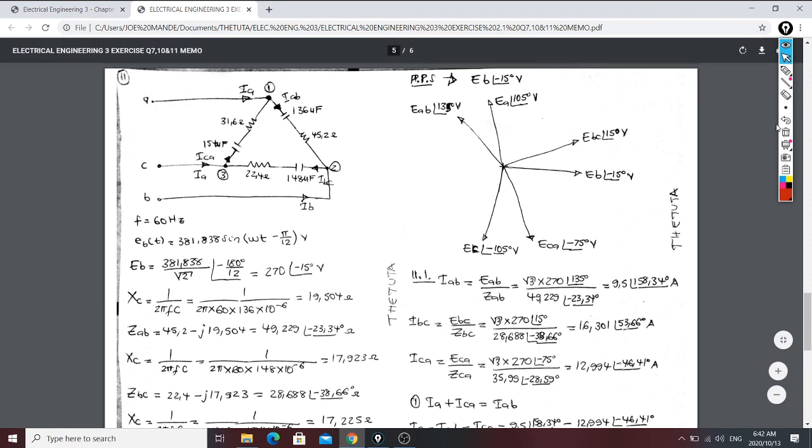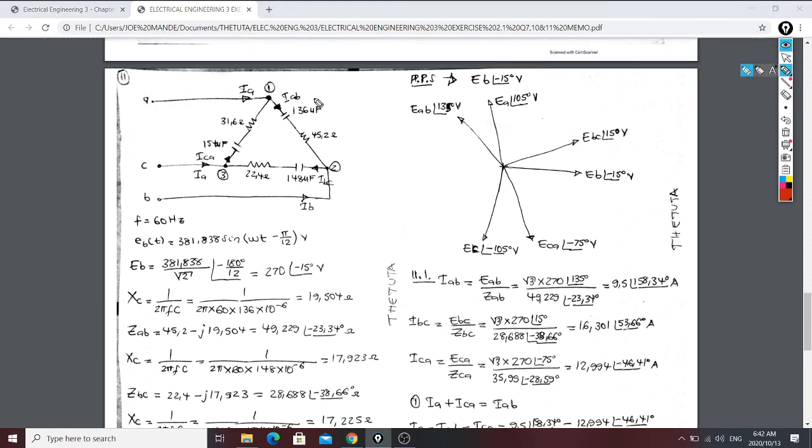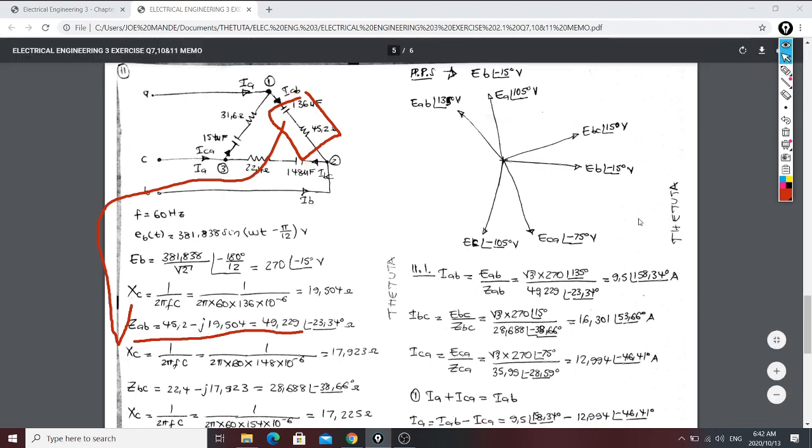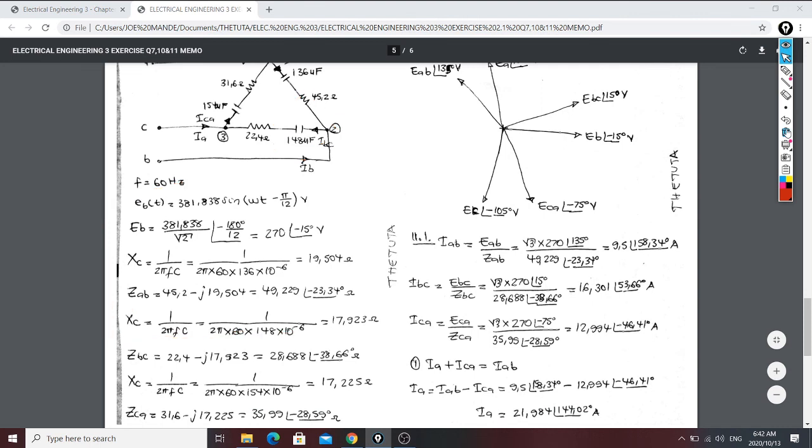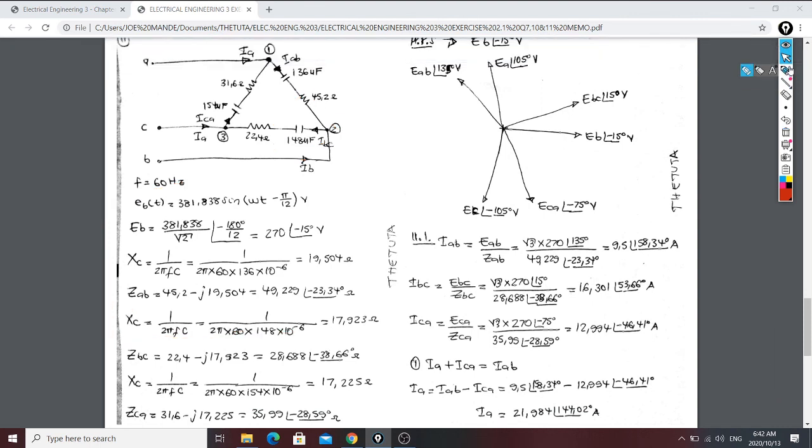When you come here, you can see that in the configuration as they give us in AB, we're given the 2 ampere as the component of ZA. Therefore, you change your capacitor to capacitance so that you can calculate your ZAB. You do the same for all the branches, so that you can be able to calculate their total impedance first. So that now, after getting the total impedance for ZAB, ZBC, and as well ZCA, you can calculate their current. The current that is flowing in the impedance.